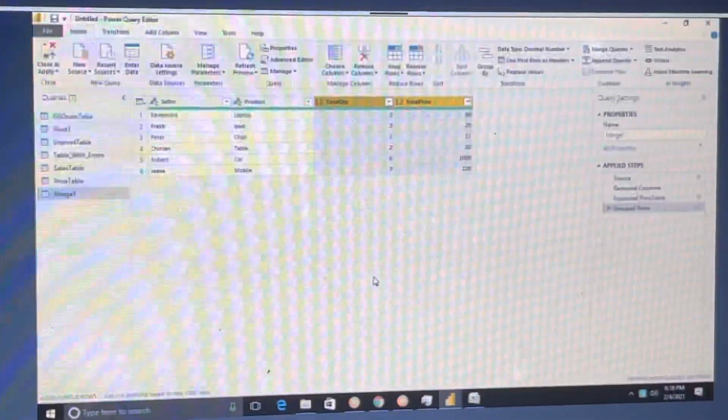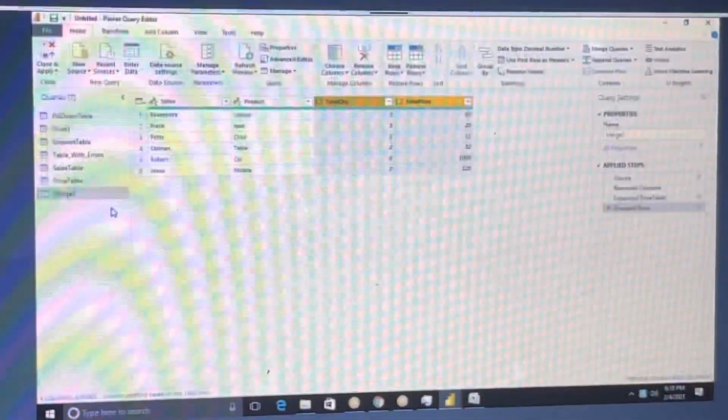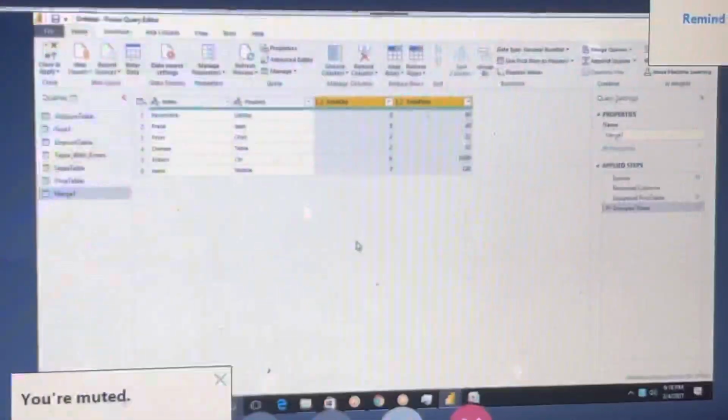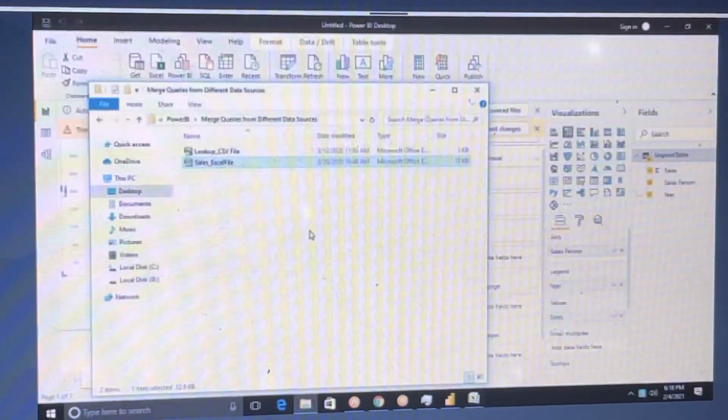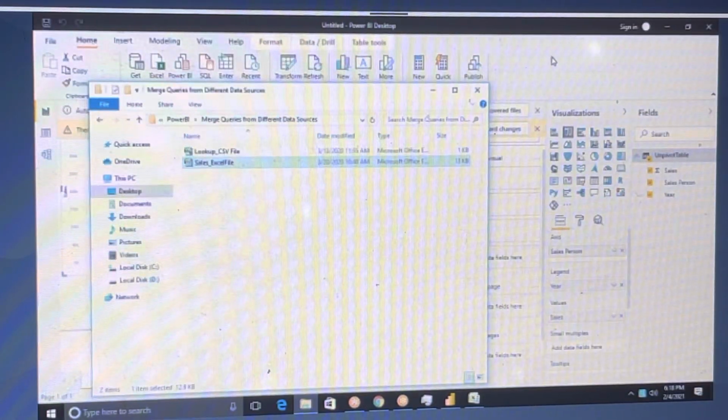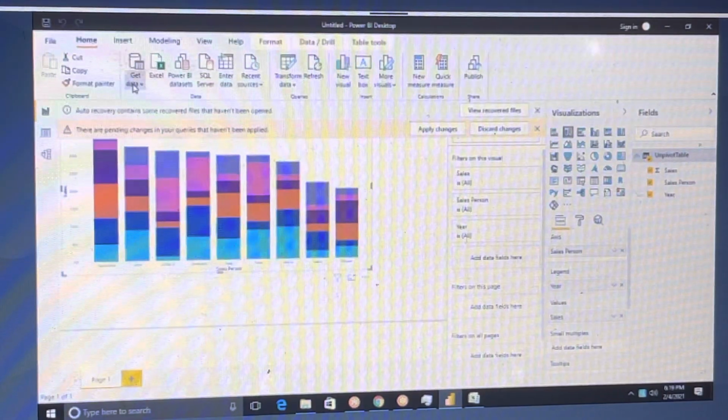The data might come from any source. Once you get it into Power BI, it is treated as a query. Do all of you understand?